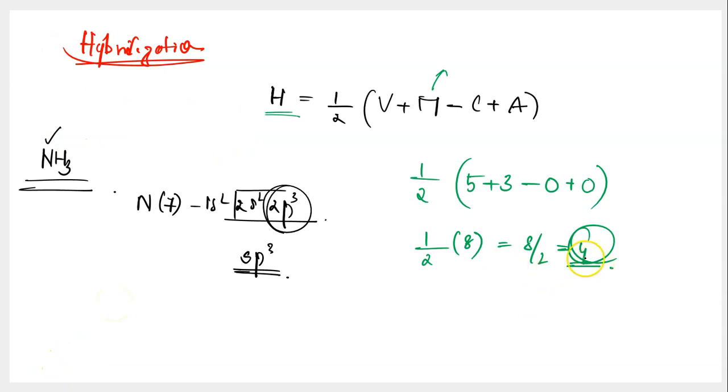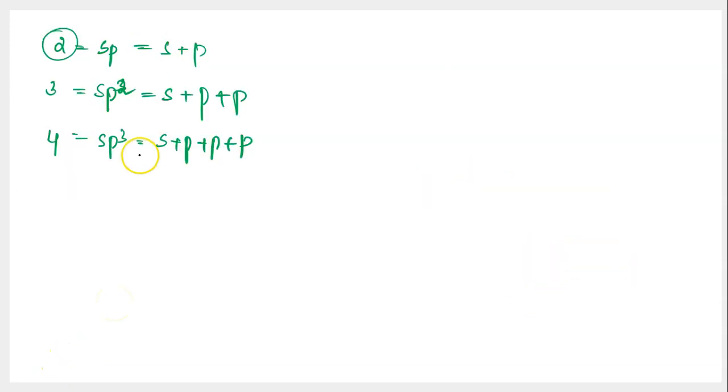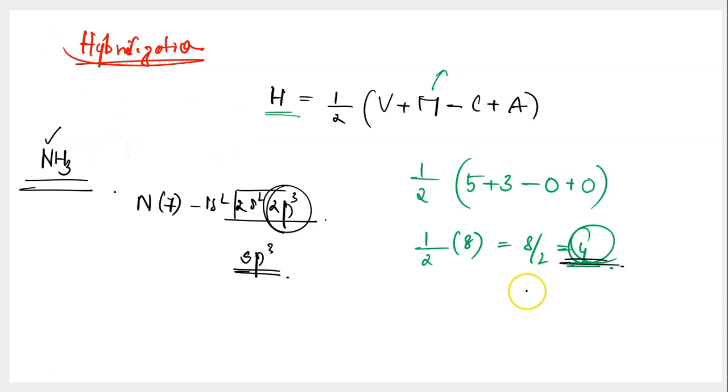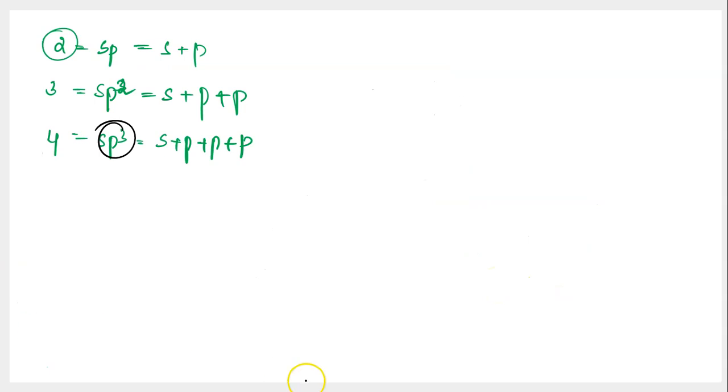And over here, in case of ammonia, you see 4 hybrid orbitals, which means the hybridization of nitrogen in ammonia is sp3. You do it either conventionally using this electronic configuration method, or you use the formula, you have the same answer, right? But using the formula is pretty easy and quick enough. So try to use the formula when you solve hybridization based questions in competitive exams especially. And hybridization of nitrogen in ammonia is sp3. This is decided. Let's take one more example to get this better.